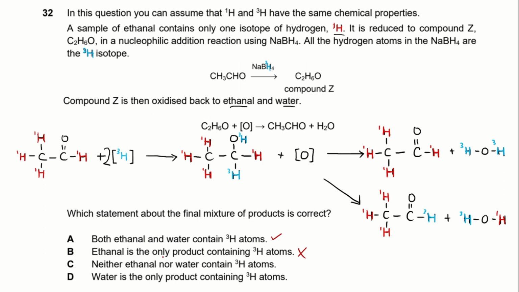C, neither ethanol nor water contain hydrogen 3 atoms. Also incorrect. And D, water is the only product containing hydrogen 3 atoms, which is also incorrect because both ethanol and water contain hydrogen 3 atoms. So the answer to this question is